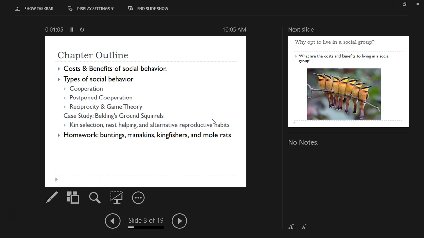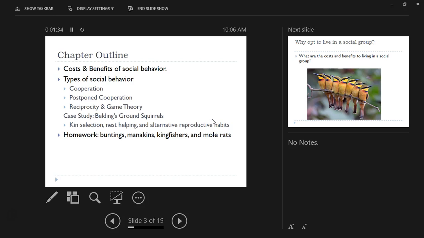And that does directly impact and help us understand why eusocial insects that are completely altruistic and giving of all their reproductive success work. But it also can have implications for how we understand other kinds of social behavior. And that's what we're going to focus on for the most part within this chapter, social behavior in general. So we're taking a step back and trying to understand how it is that animals interact with each other. So we'll talk a little bit at the start about costs and benefits of social behavior,